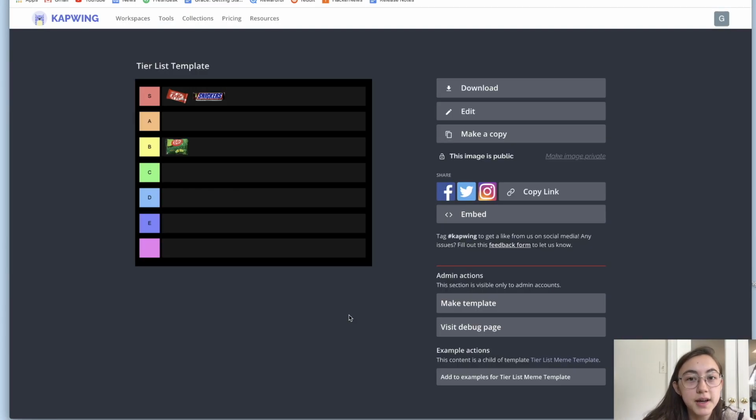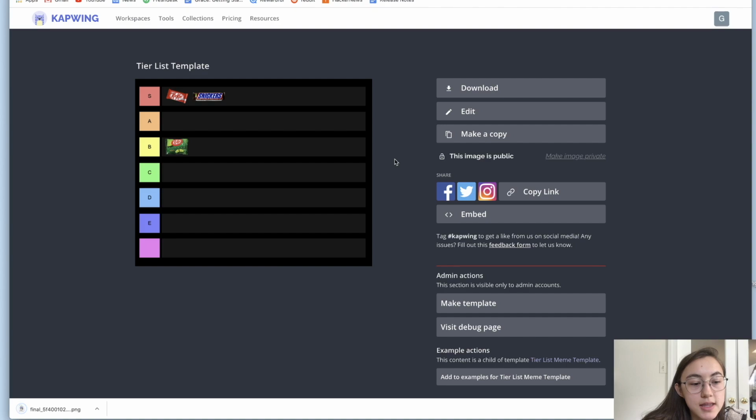So my tier list file is finished loading and processing. This is what it looks like. Obviously, I just did this as an example, but yours probably would have a lot more items in the tiers. To save the file now, you can just click Download and the file will be saved to your local device. You can always go back in and edit or make a copy of it or share it on social media